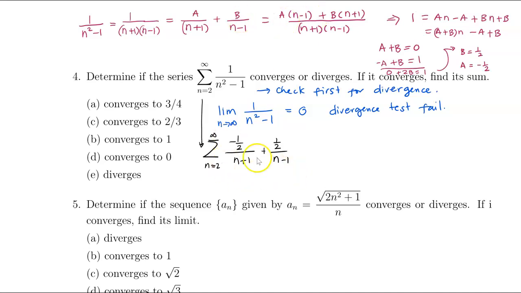So you can also rewrite this. You could take out the 1/2, starting at 2 to infinity. Now I could interchange this too, because this one becomes a negative term. So that is also the same as 1 over n minus 1